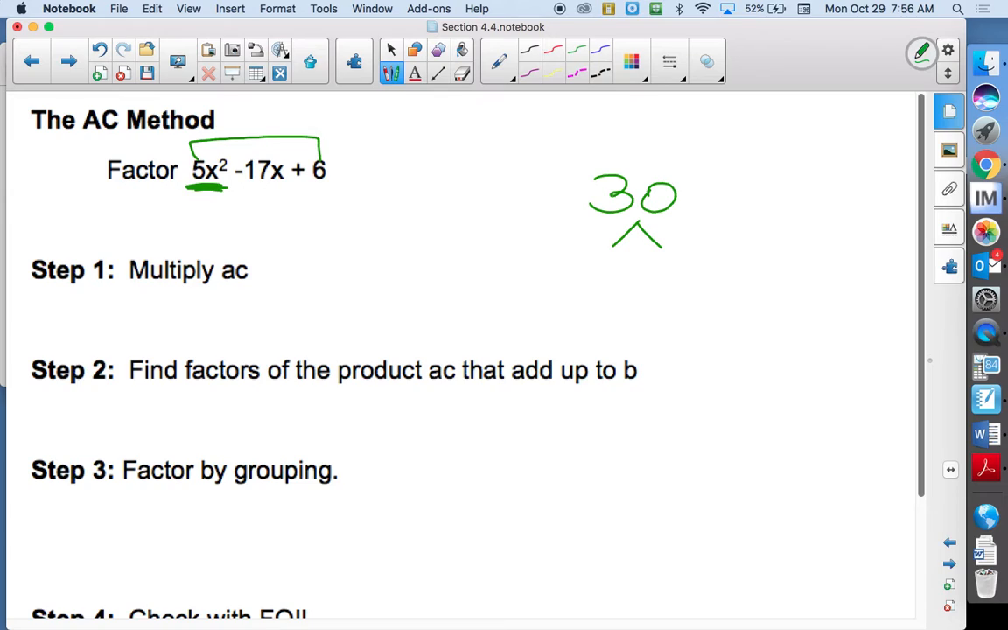The second step says find the factors of the product AC, which in this case is 30, that add up to b. So remember, b is the middle number. So the process is similar. We're going to think of two numbers that multiply to be 30, but add to be negative 17. So thinking of the factors of 30,